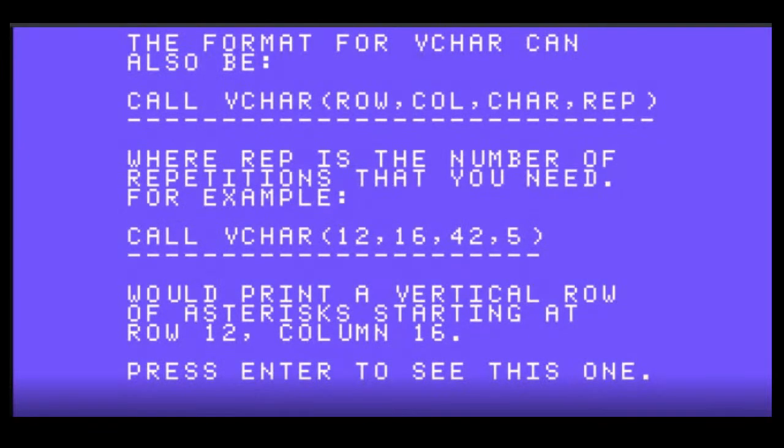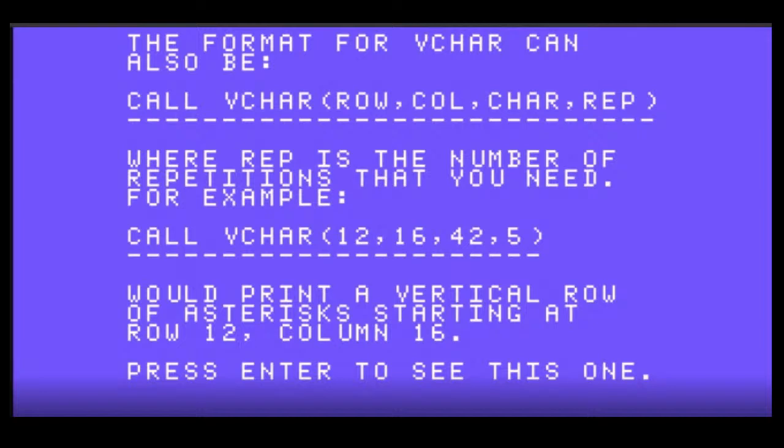VCHAR continued. The format for vchar can also be call vchar, row, column, character, repeat. This is a pretty powerful command because you don't have to necessarily put every darn character on the screen one at a time. Where repeat is the number of repetitions you need.